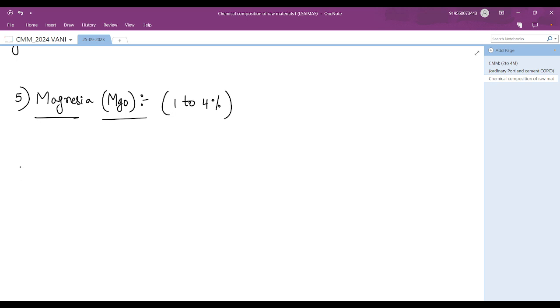Okay. So, this magnesia imparts hardness